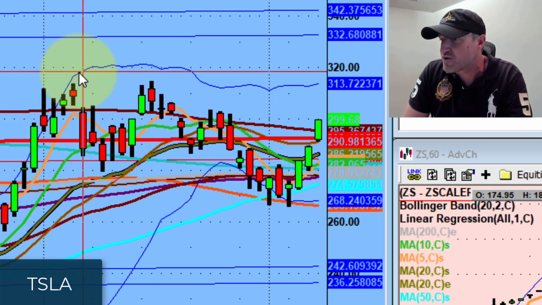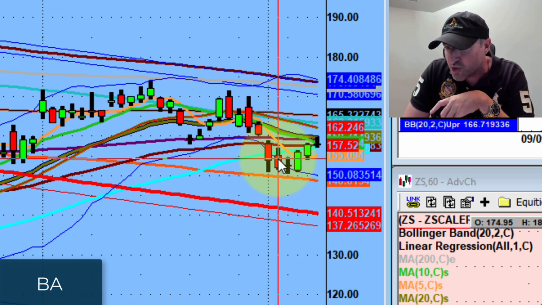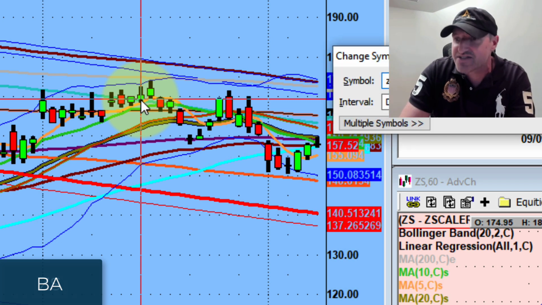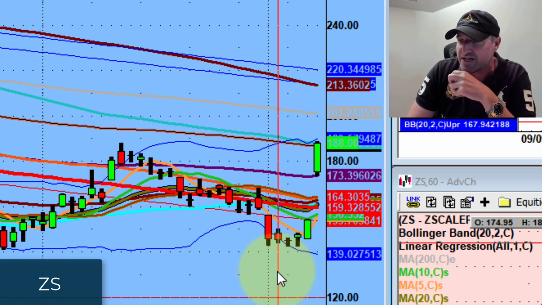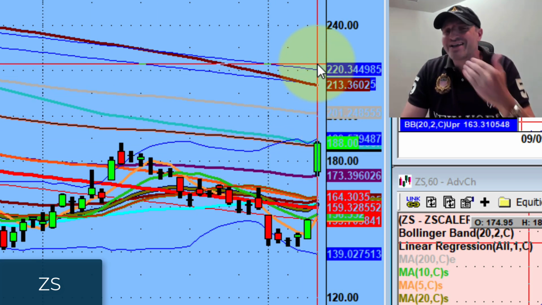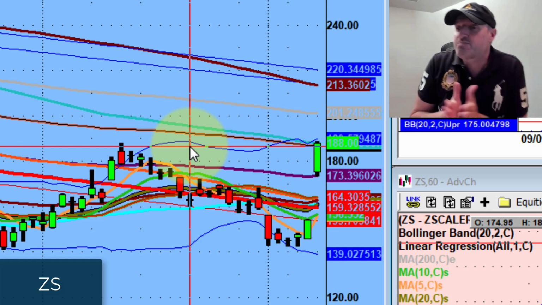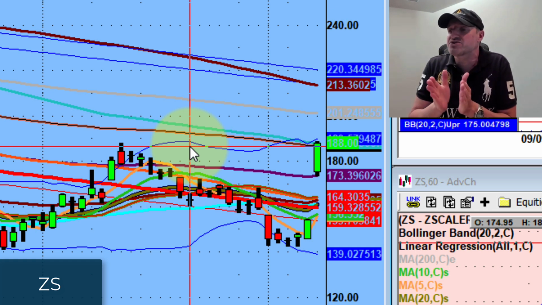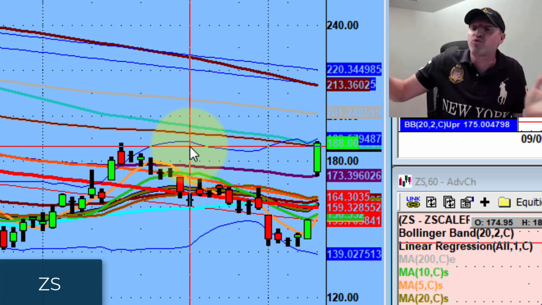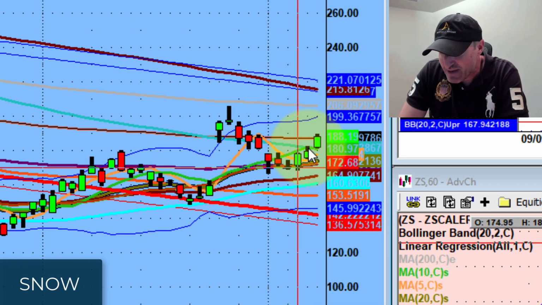So instead of looking, for example, at a Boeing that needs to chop down 4, 5, 6 days, maybe get above the supply here, maybe look at a name like ZS. Look at ZS. ZS had great earnings, and if it just confirms this supply zone, look how much room you have ahead. So again, the point is finding those Barry Sanders potential plays that could take it to the house, finding those names that while everybody's trying to fight for 30, 40 cents, you're looking for a $3, $4 move. Again, look at Snow.